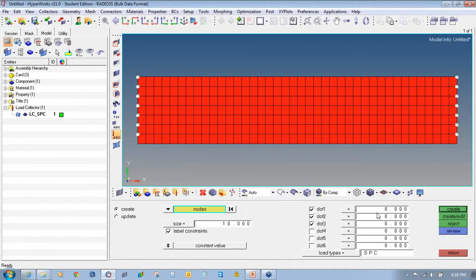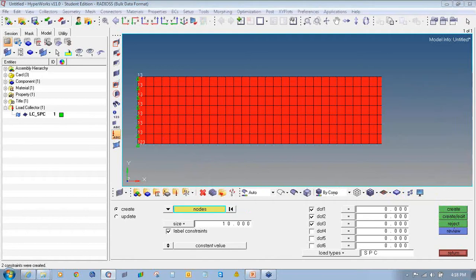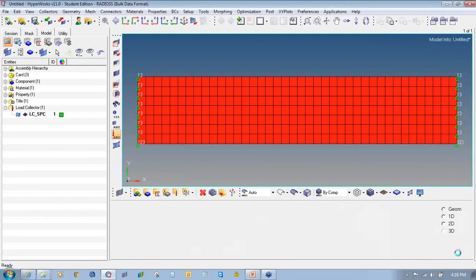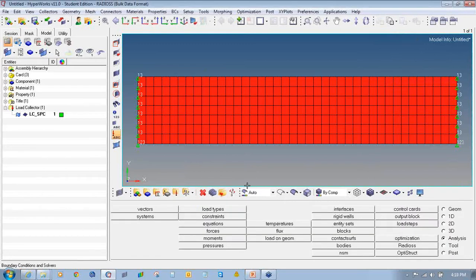So these we will select for the 3 degrees of freedom. I'll say reject. I will only select 1 and 3. And for these bottom 2, I will select the 2, 1 also. Then I will click return to exit the load constraint panel.